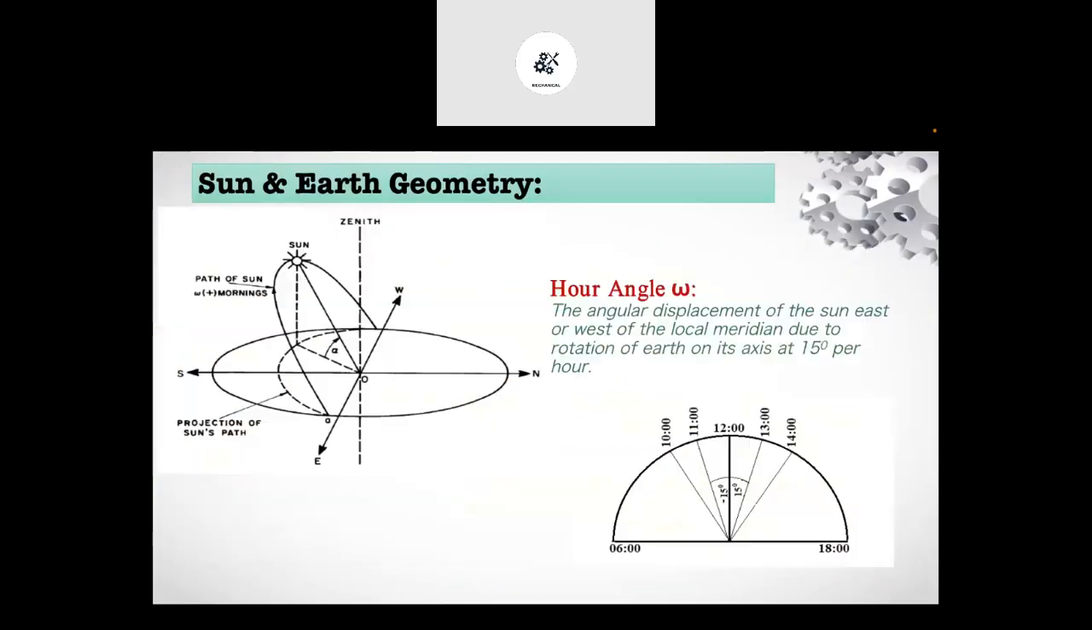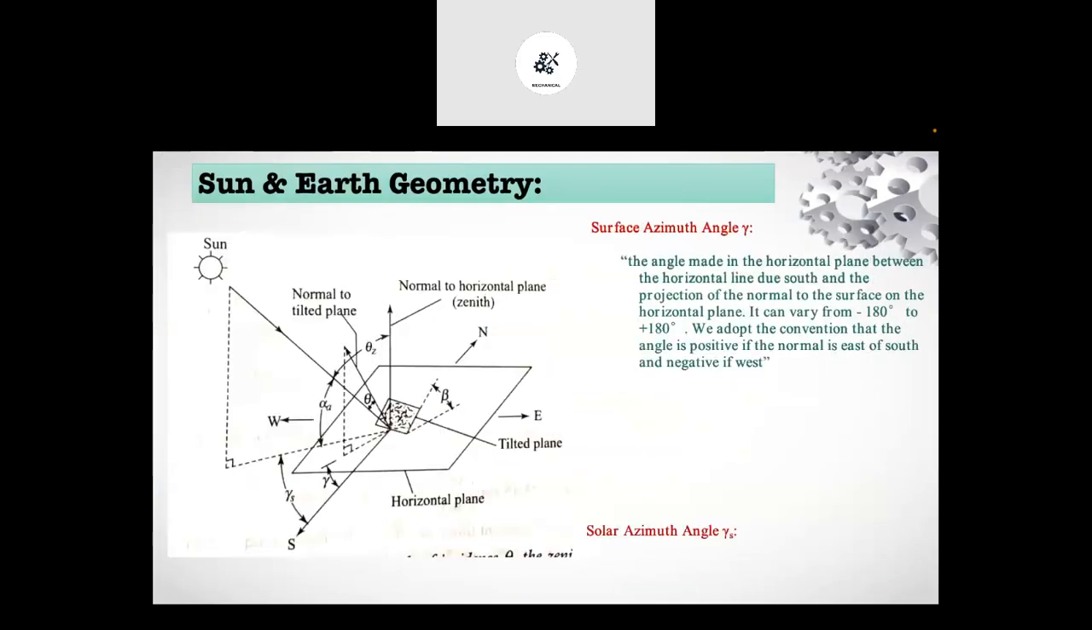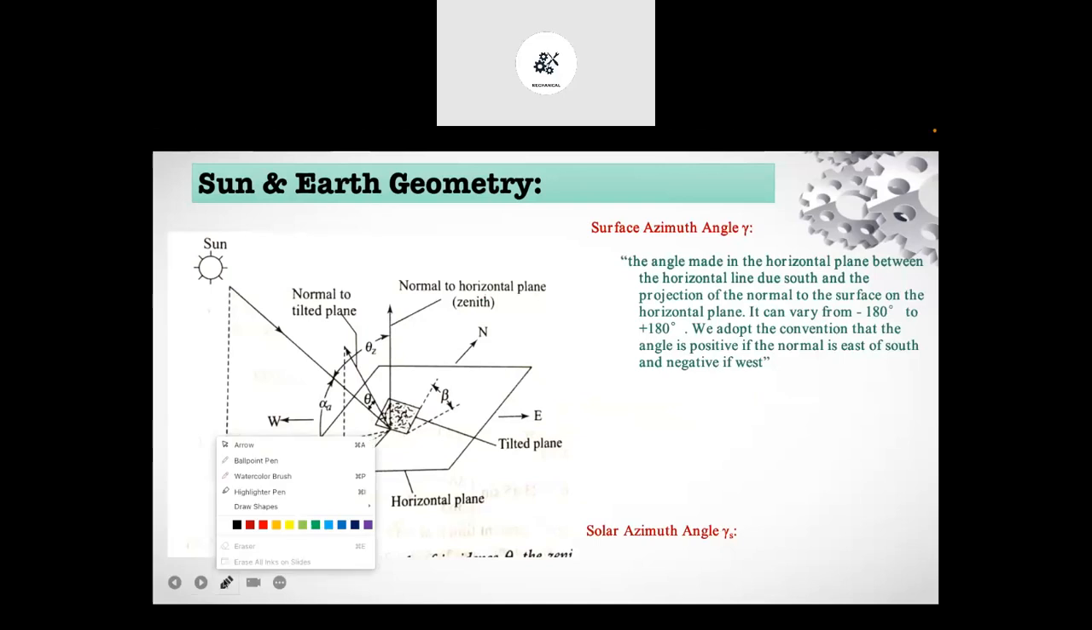Okay, so in the previous lecture, we saw the sun and earth geometry, the radiation received by one particular location on the surface. It depends upon its latitude and its particular location, and also it has some different angles. Consider this one is the surface, this particular surface. I will just show you. This particular surface, if we consider this one is the collector, the solar collector,